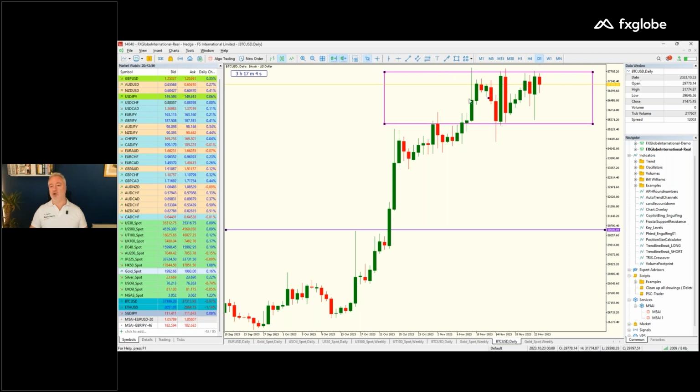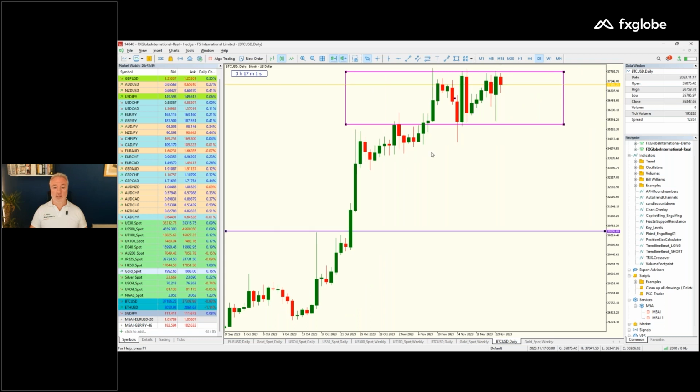It either has to break out to the upside, and then we can get in on buys above that, or it has to break out to the downside. Okay, so how would we use our tools? Well, if we saw price break out to the downside, for example, and then we saw it start to turn around, so it's starting to head up,